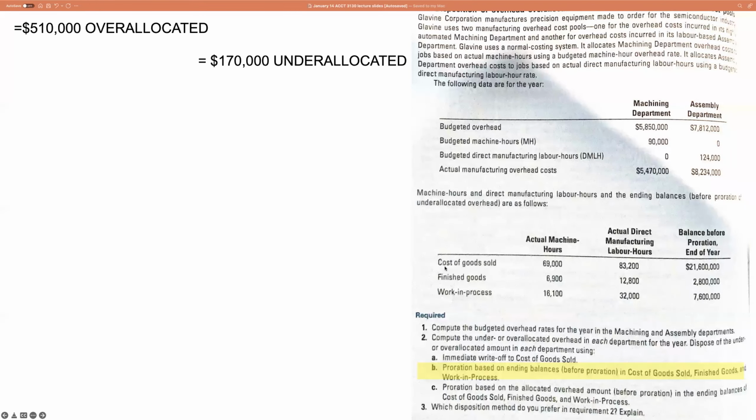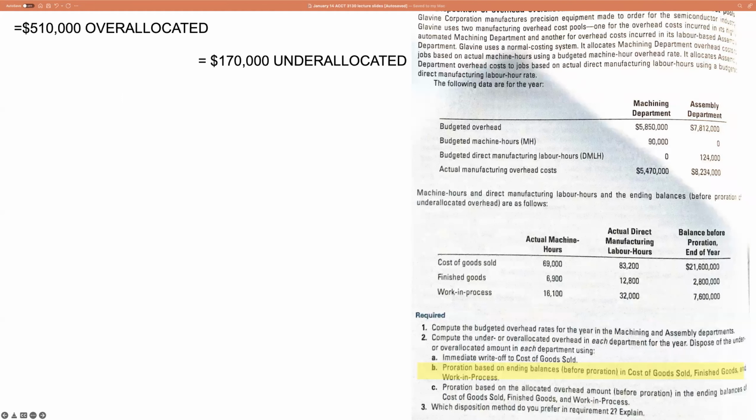But don't forget, the product cost also sits in the finished goods and the work in process, right? So a more accurate allocation should also include the finished goods inventory and the work in process inventory. In 2400, you should have learned this: the overhead applied is the product cost. And where are all these product costs? They are either in the inventory, work in process or finished, or